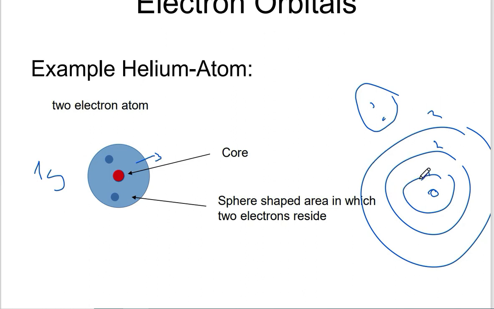The first level only contains the one sphere, the s sphere, and the s sphere normally can only contain two electrons maximum. Therefore, any element that has more than two electrons already occupies the second level. In the second level, we also have the s sphere, which can contain two more electrons, but we also have something else,